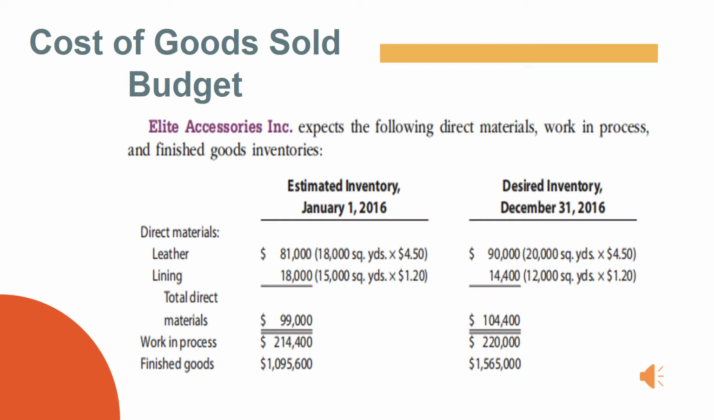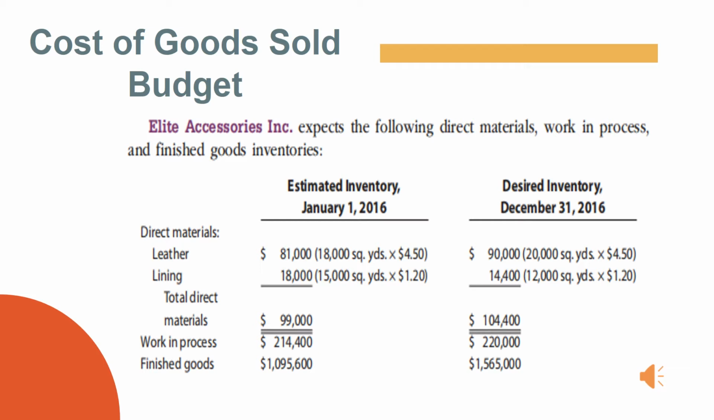Let's take a look at our sample problem. So Elite Accessories Incorporated expects the following direct materials, work in process, and finished goods inventories. So as you can see here, the problem already gave us the estimated inventory beginning of the year on January 1 and the desired inventory on the end of the year on December 31. And here we can see the amounts that were used for the direct materials, which is the leather and the lining, and the work in process amounts and the finished goods